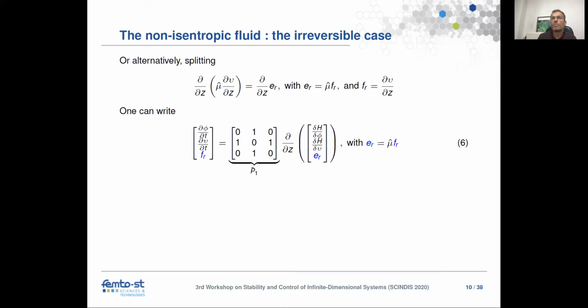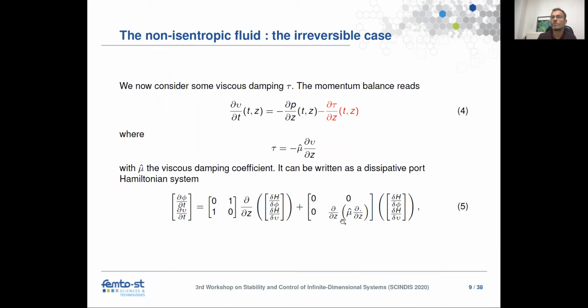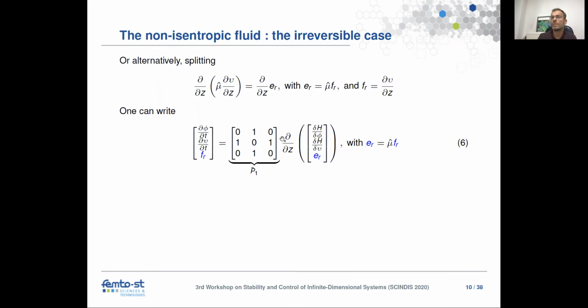But we can think about a trick in order to recast this system into a port Hamiltonian framework, meaning defined from a skew differential operator, by doing this change of variables, meaning that mu dv over dz now is called ER, and ER is related to FR, and FR is the derivative of the velocity with respect to Z. And we can rewrite this equation as this system with this closure relation, meaning that ER is related to FR through this relation. It's a kind of feedback on two variables that you define, extended variables you define for